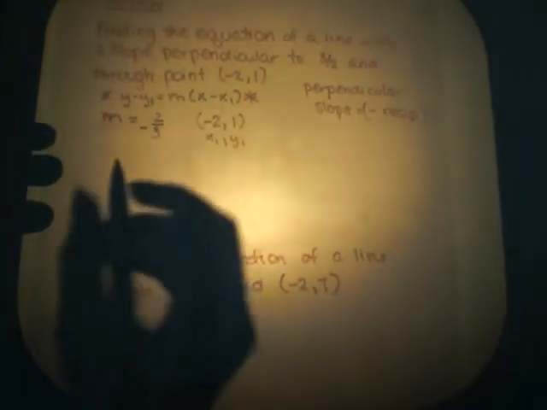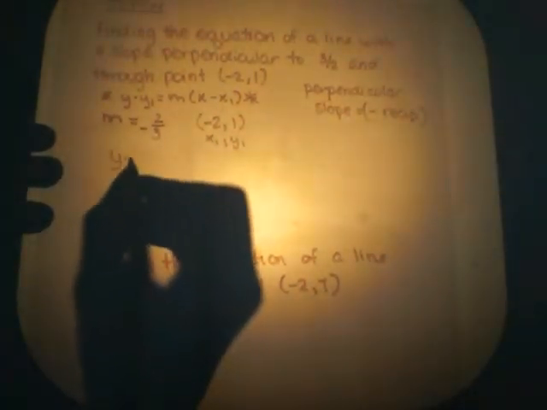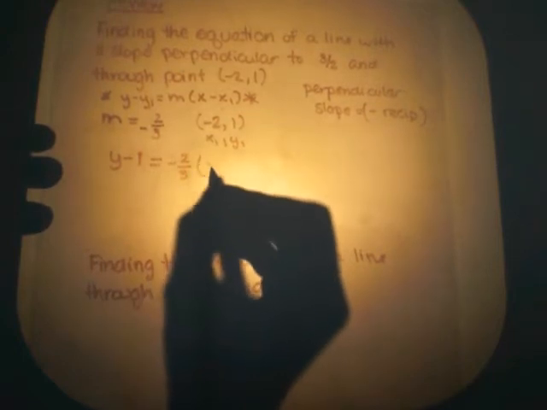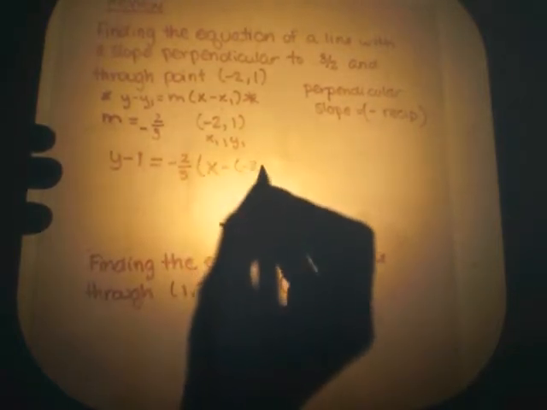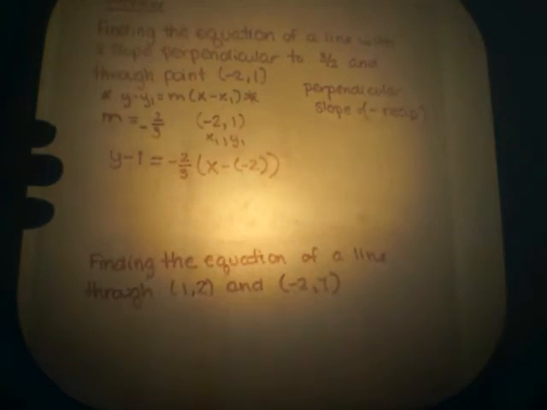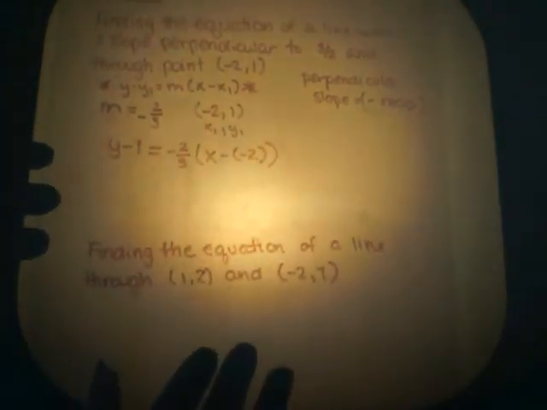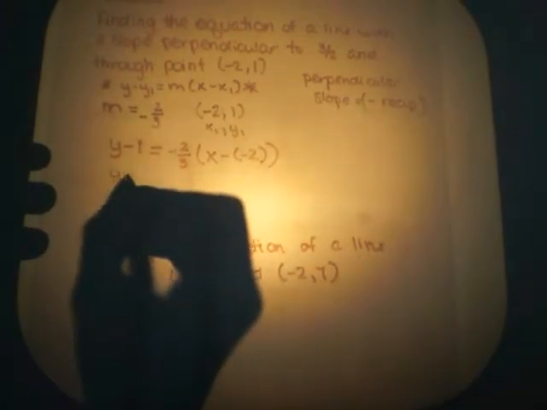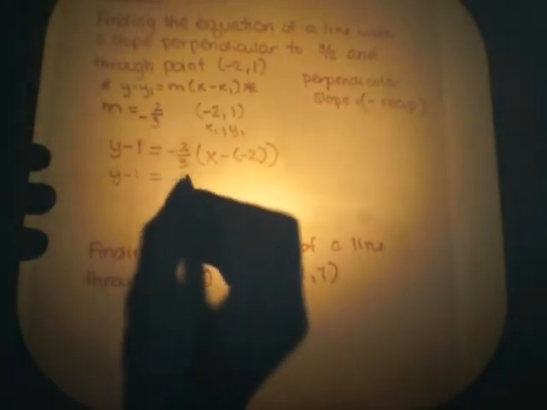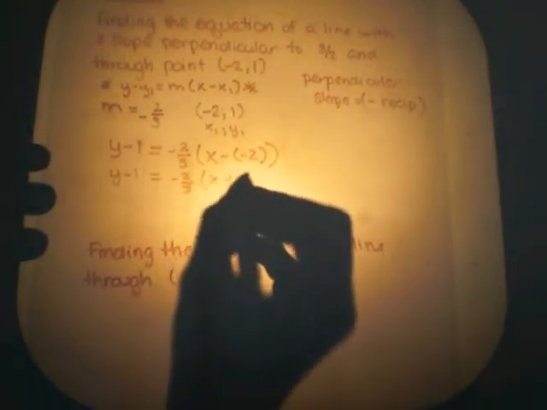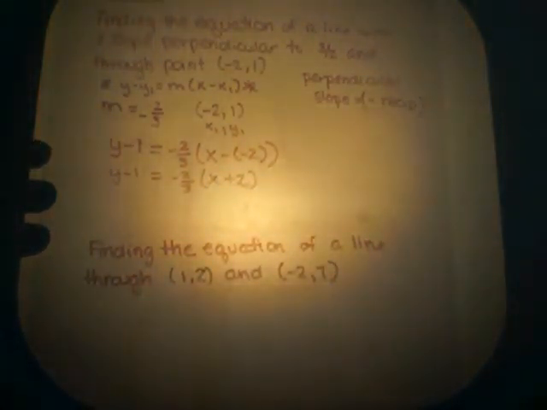So when we look at our equation, now we can plug in. We do y minus y1, which is 1, equals slope -2/3 times x minus x1, which is -2. Just like your slope that we've been doing, don't forget your double negative becomes a positive. So when we rewrite this, it will be y minus 1 equals -2/3 x plus 2. And now, before we just left it like this, but now we're going to go ahead and